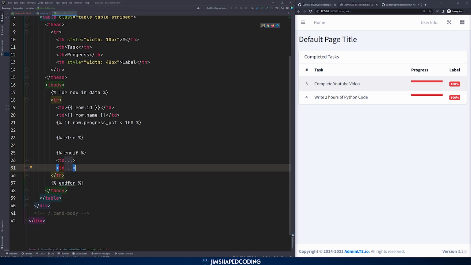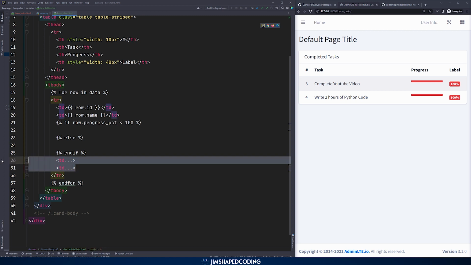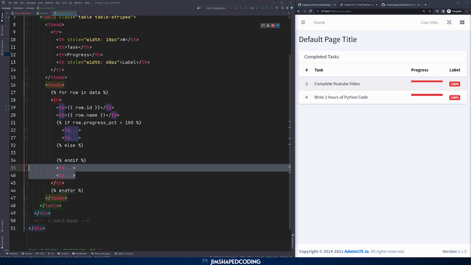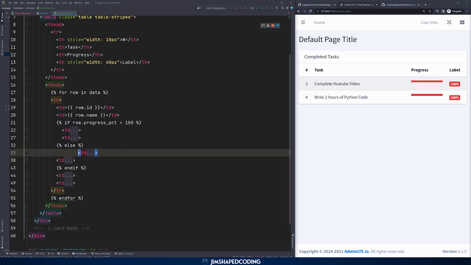So I will allow myself to grab those and copy and paste one here. Let me fix the indentation. And I will also copy and paste one here,